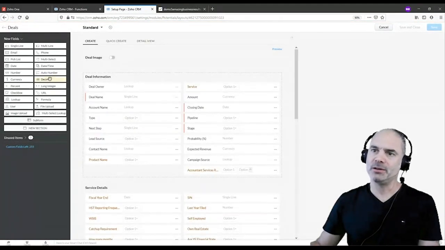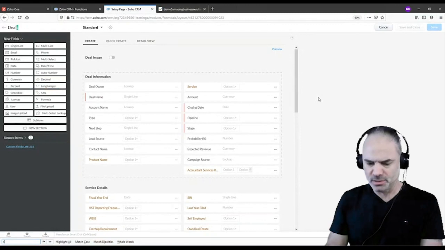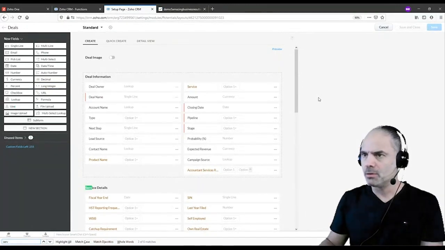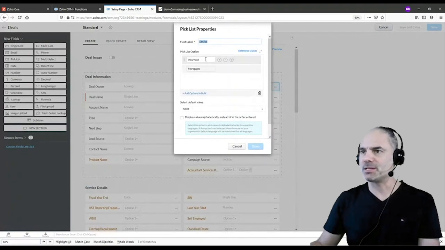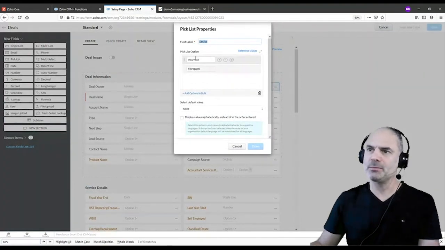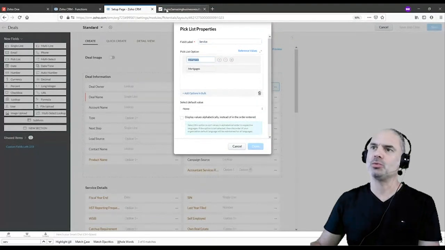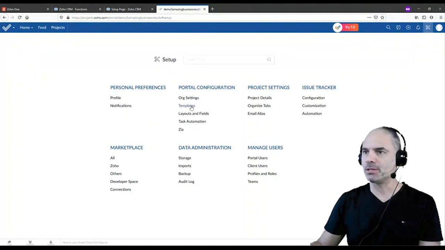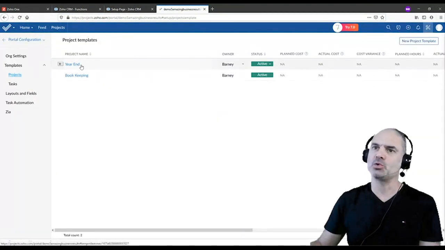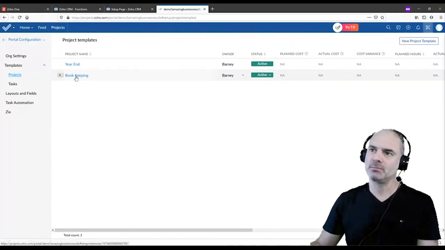I'm going to have here, do we have here services? Yes, services. Okay. So we have here a few services. Let's say insurance and mortgages. Is that okay? Okay. So for insurance, I'd like to show this template. Let me go back to the templates. For the insurance, I want to show this template. And for the mortgages, I want to show this template.